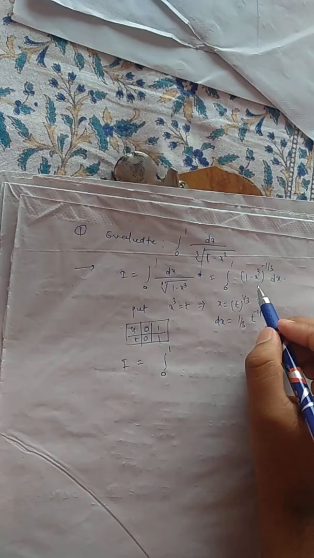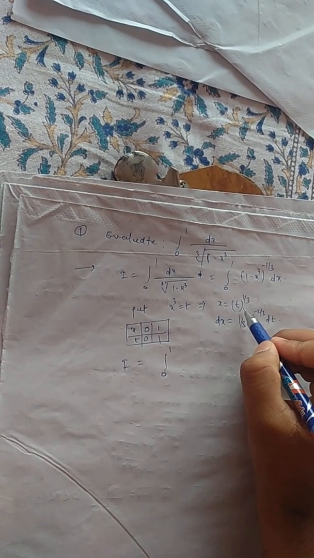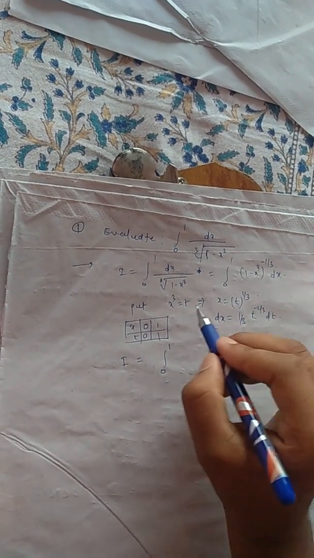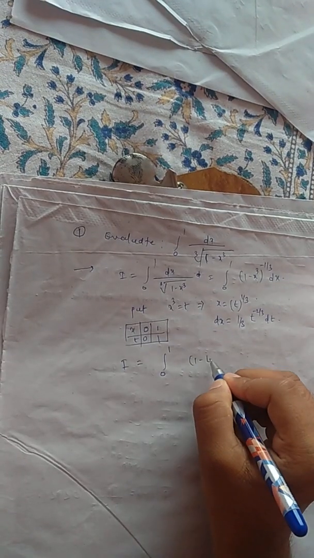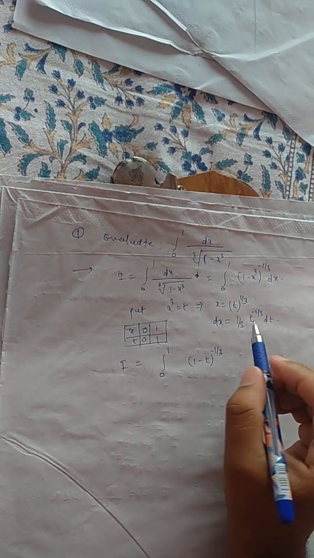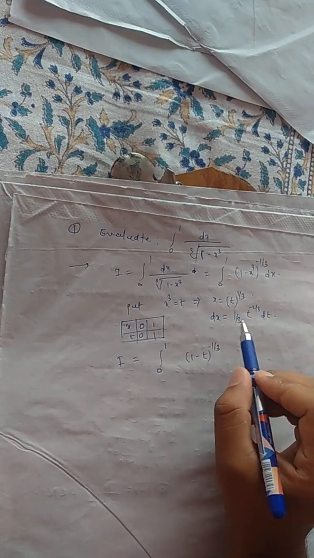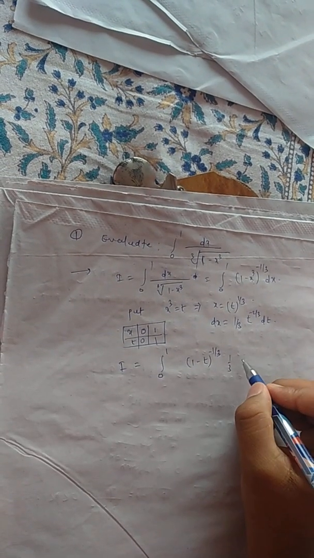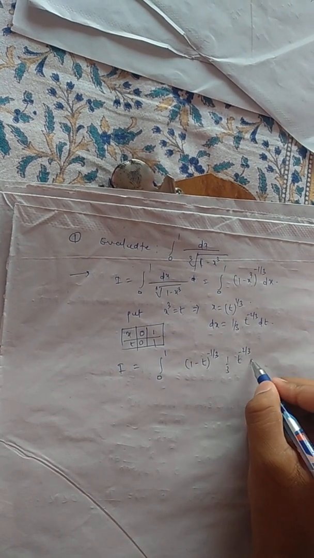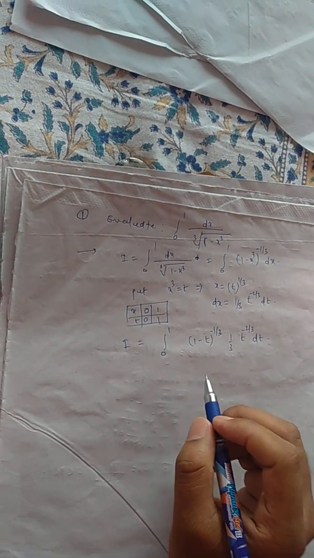The given integral becomes I is equal to integral 0 to 1, x cube is replaced by t, so (1 minus t) raised to minus 1 by 3. Fine. dx is replaced by 1 by 3 t raised to minus 2 by 3 dt. Fine. Now